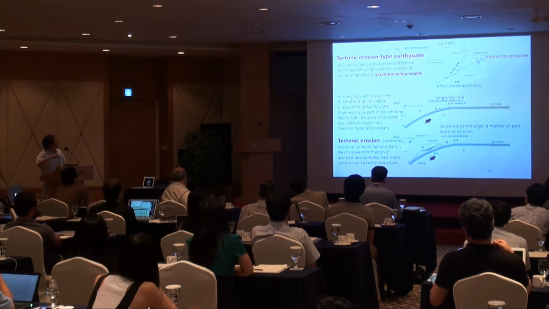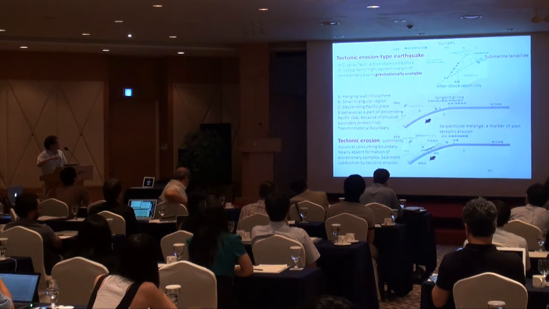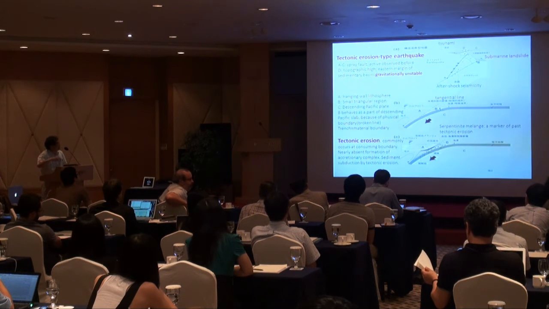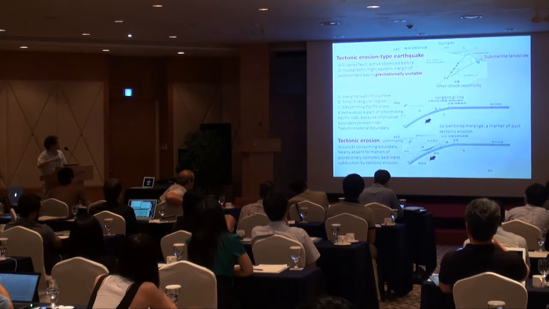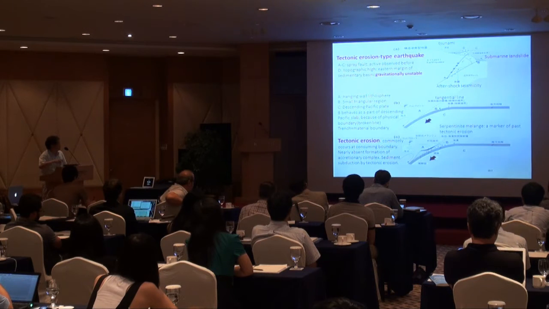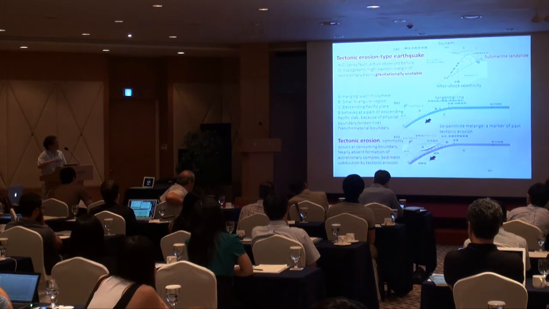The next one is another important key figure. Please concentrate to listen. A is the hanging wall lithosphere. C is the descending Pacific slab. B is the small triangular region cut on the top by the tangential line of the top of the Pacific slab. This is the origin of the splay fault. B behaves sometimes together with the descending Pacific slab C,